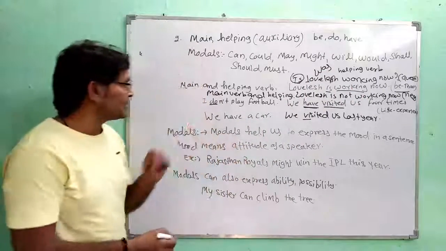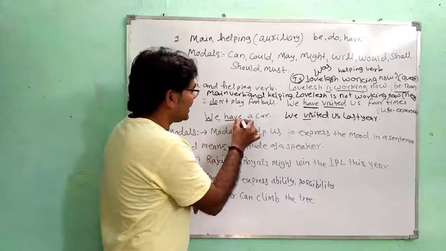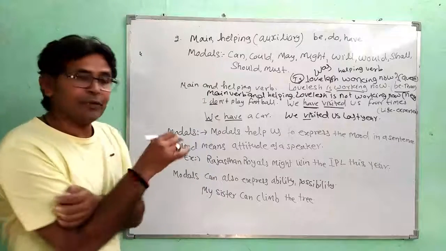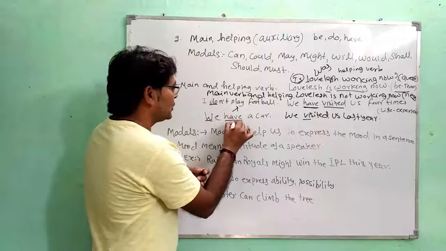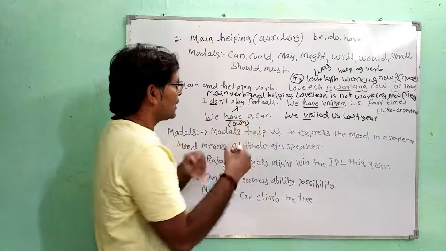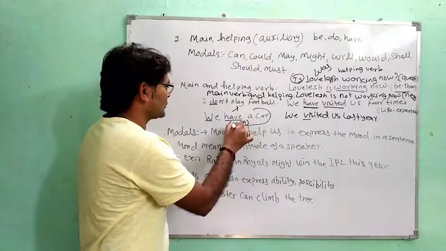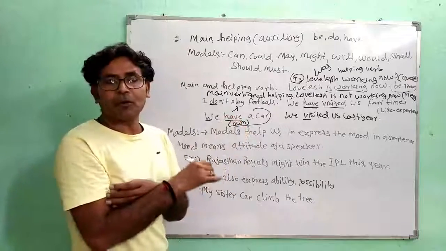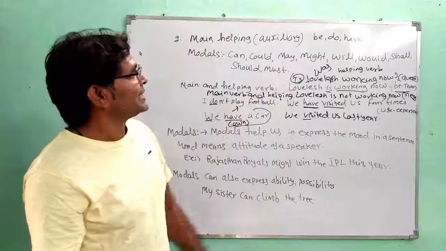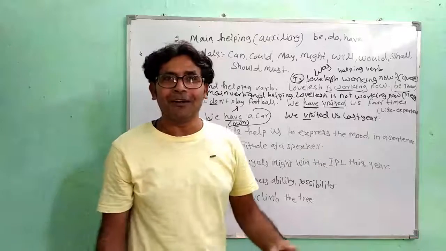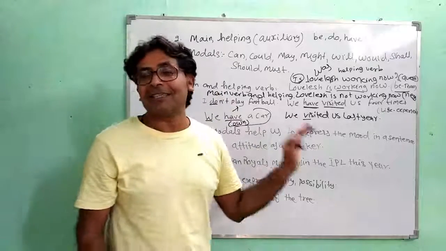And in another sentence, we have a car. What is the verb in this sentence? Have is the verb. Is it a helping verb or a main verb? Have is a main verb. Why main verb? Because of this car. Have is showing ownership here, meaning you own something, this car is a property of yours. That is why have is the main verb over here. So in certain sentences, have is a main verb. For example, if we say this is a book, there is no physical activity or physical movement, so is is the main verb in that sentence.